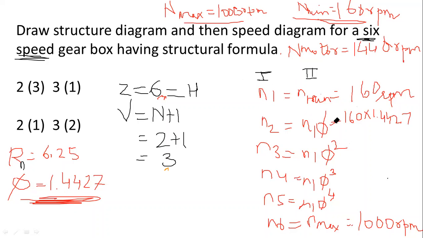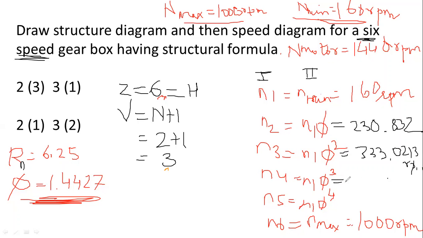1.4427. When I do the calculation properly in the calculator, I am going to get the value of N2 as 230.832 RPM. Same way, my N1 is 160 and your phi square is 1.4427 square. So when you do the proper calculation, you are going to get the value as 333.0213 RPM. Same way, by calculation, this will be 480.4498, and this by calculation is going to be